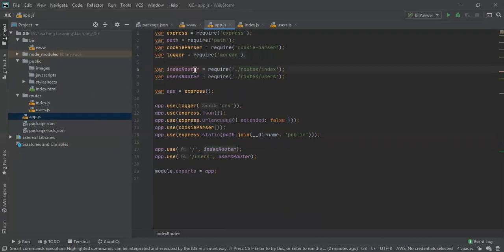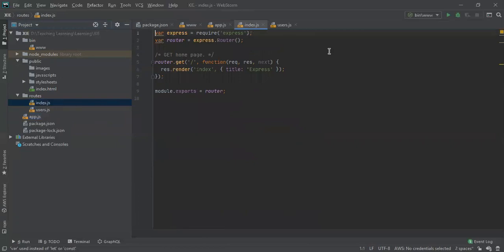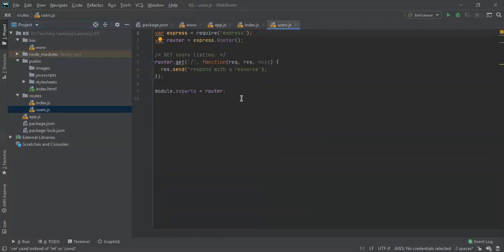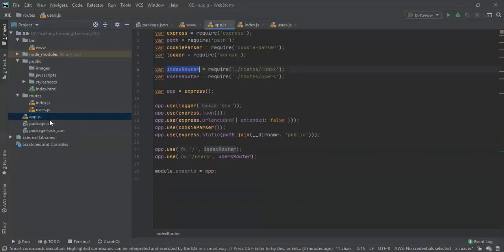To use these two routes, we are specifying the index route. In the root directory in which the app is there, there's another directory called routes, and inside routes there is an index file, index.js. Here we are creating a router and then exporting it. So there's an index router, which is the router for all the paths, all the get and post methods, in the index.js file, and the users router is for all the paths, or get, post, delete requests, in the users.js file.